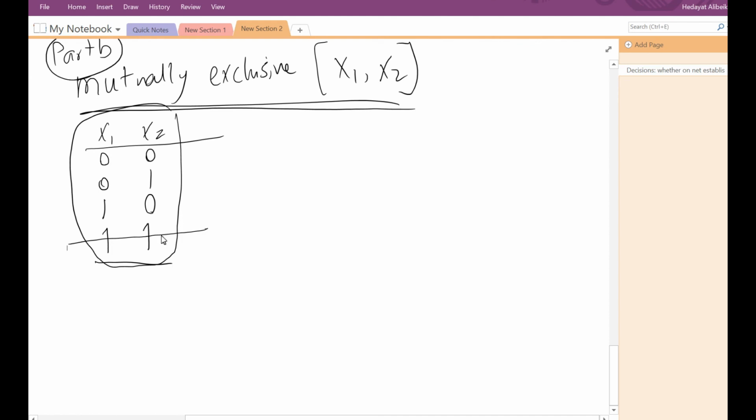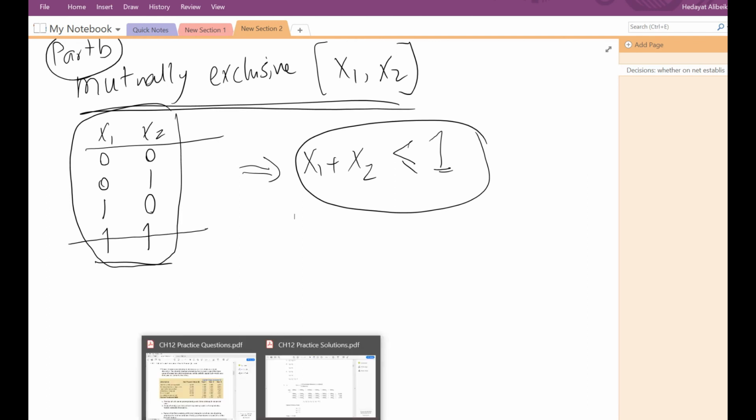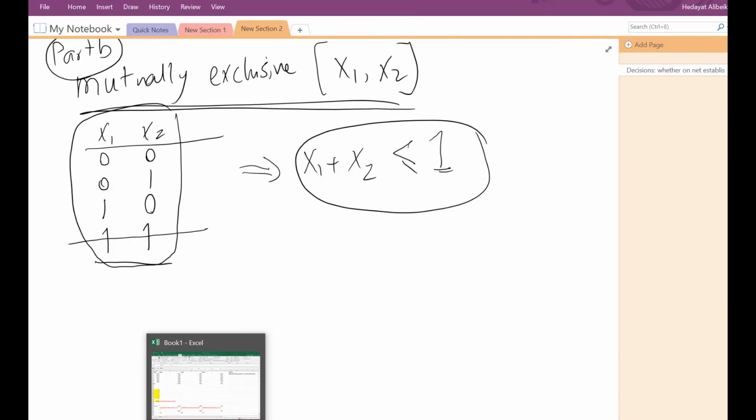at the same time. So if you remember, for mutually exclusive, the way we defined this, we said x1 plus x2. We don't want this to be 2. It can be 1, it can be 1 again, it can be 0. So it can be 0 or 1, but it shouldn't take 2. So if we just put 1 here, x1 plus x2 less than or equal to 1, this will take care of the mutually exclusive constraint. And if we just look at the optimal solution, so part B,